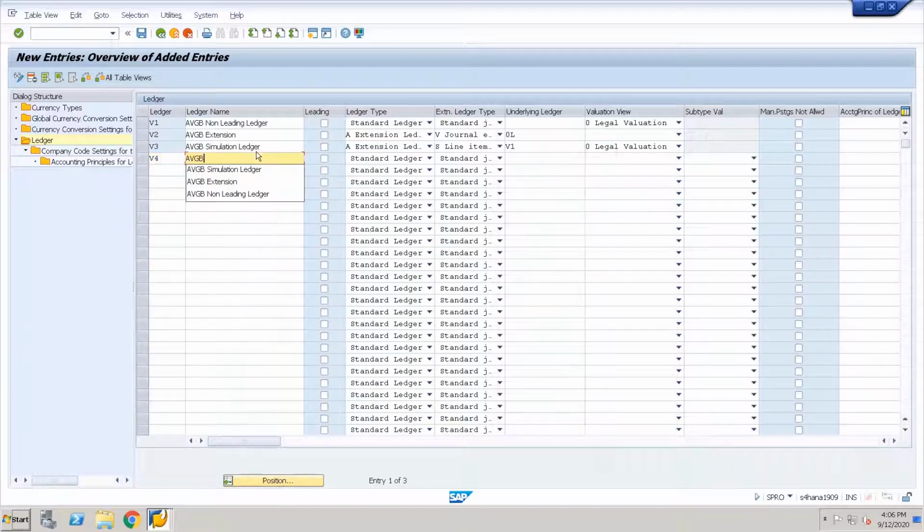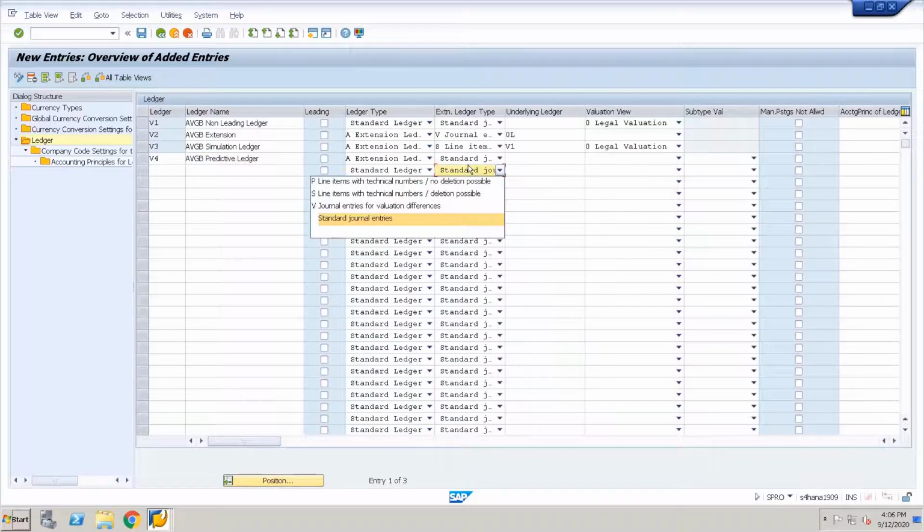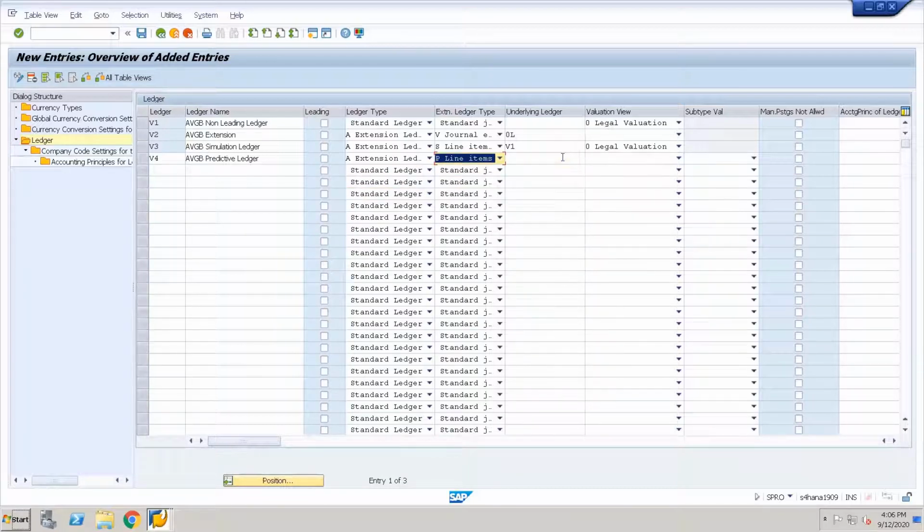Similarly for V4, let it be a predictive ledger. Type P, underlying ledger is V1, and valuation is legal valuation.